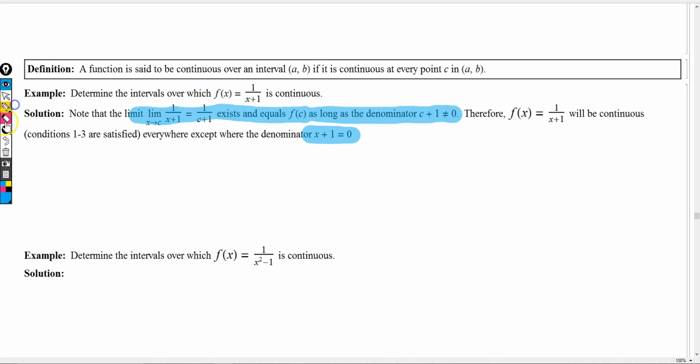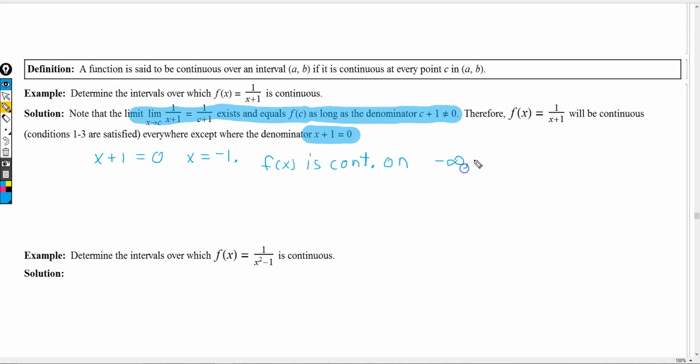Okay. So that's easy enough. All we need to do is set x plus 1 equal to 0. Of course, that gives us back x equals -1. And so our function is going to be continuous everywhere except at -1. And we can write that as follows. We can say f of x is continuous on the interval